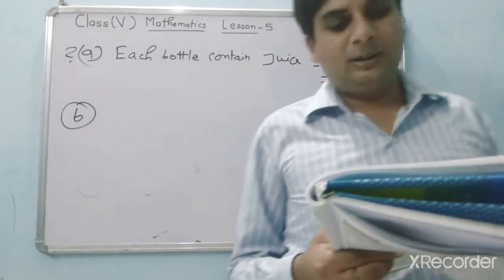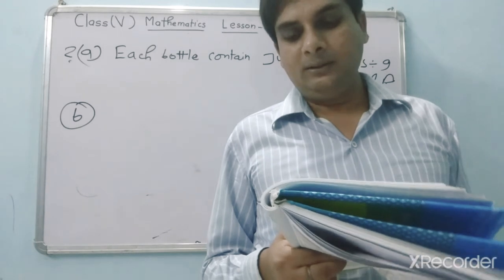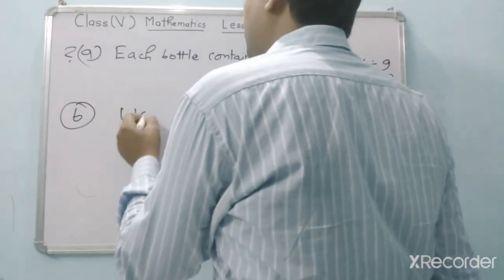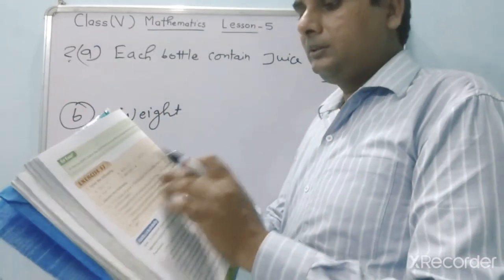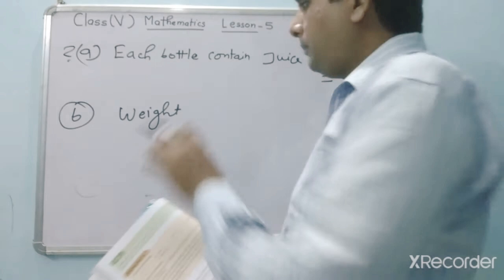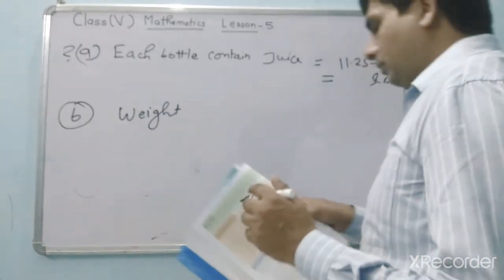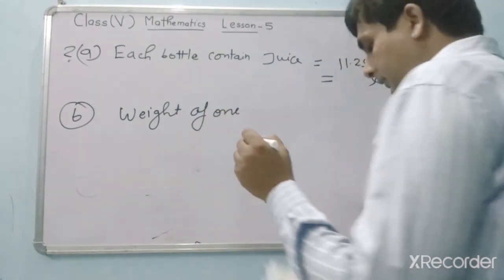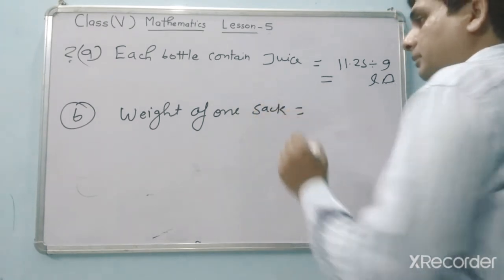If 6 equal sacks of potatoes weigh 30.09, what is the weight of one sack? So write weight of the last line of the question. You will get the maximum part of your statement. So see the last point, weight of one sack. One sack. What will be?